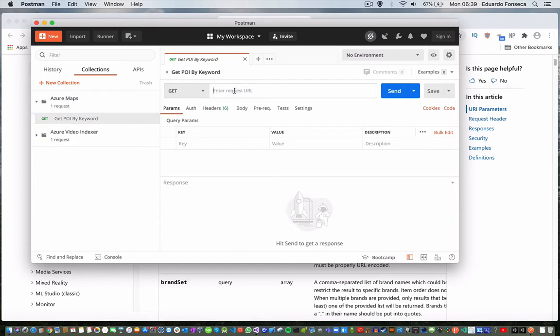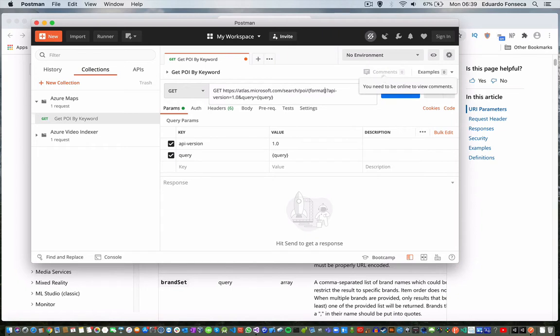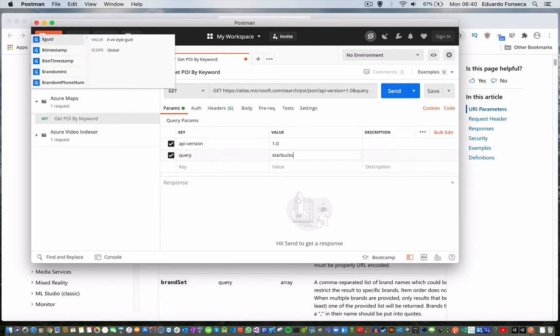So I copied the URL already, and we see that in the query we need to put the name, and here they have this format. This format currently only supports JSON as far as I know, and the query is Starbucks. Okay, now if I click send in here, it will not work, and it will probably tell me that